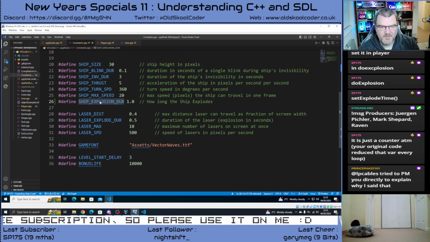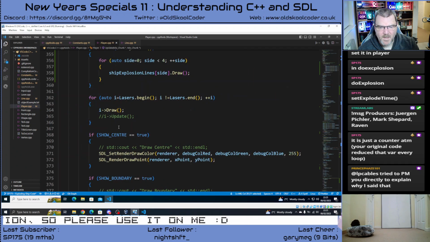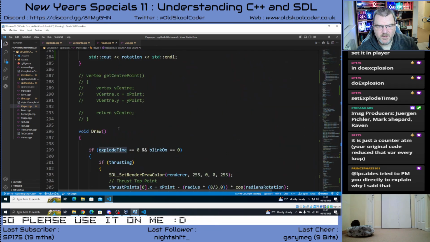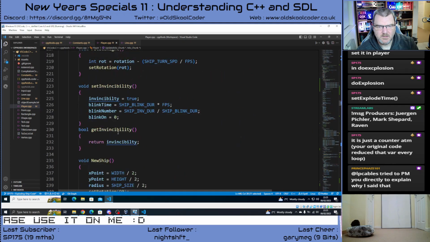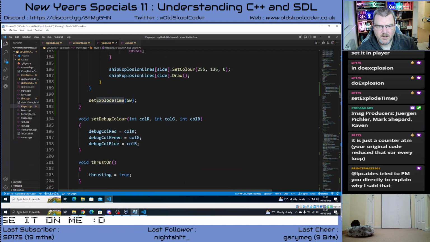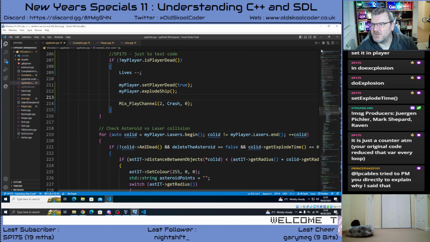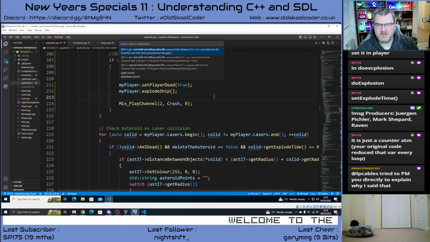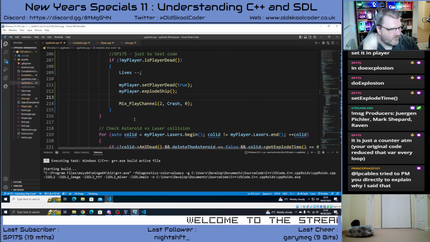So we'll grab that and we will put it there, times by frames per second. Right, that should give us a depth of